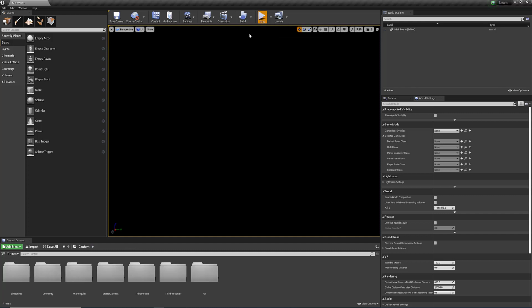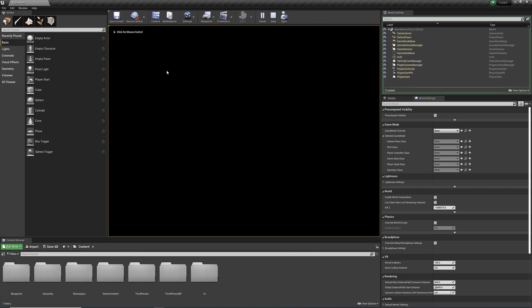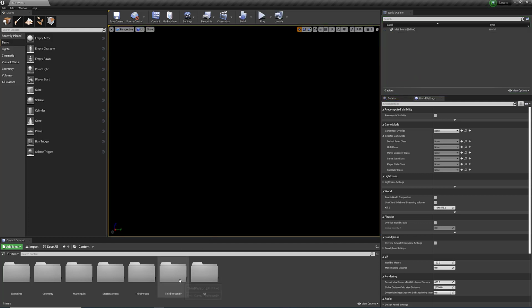Alright, so let's press play here and see what happens. As you can see, there is no main menu popping up, so I'm going to go ahead and hit stop here. Now inside of the third person BP here, what I'd like to do is make my run our map here, and I'd like to script it just like we did before with our player HUD, where it spawns the